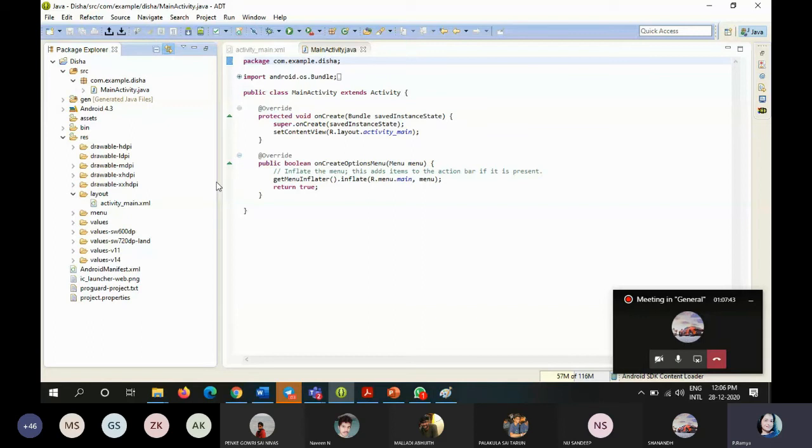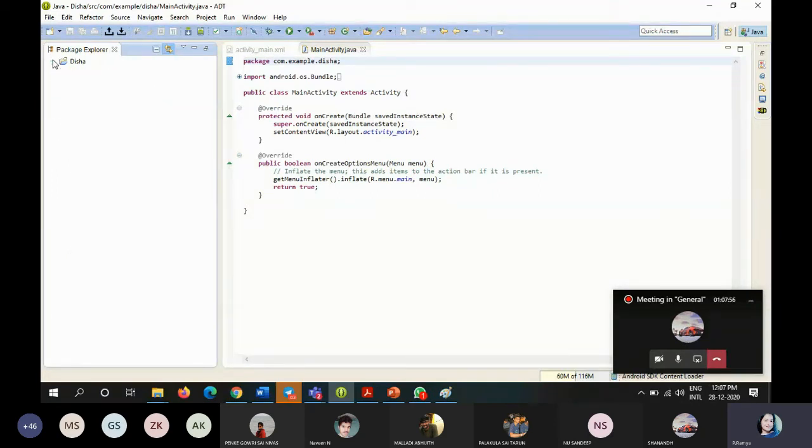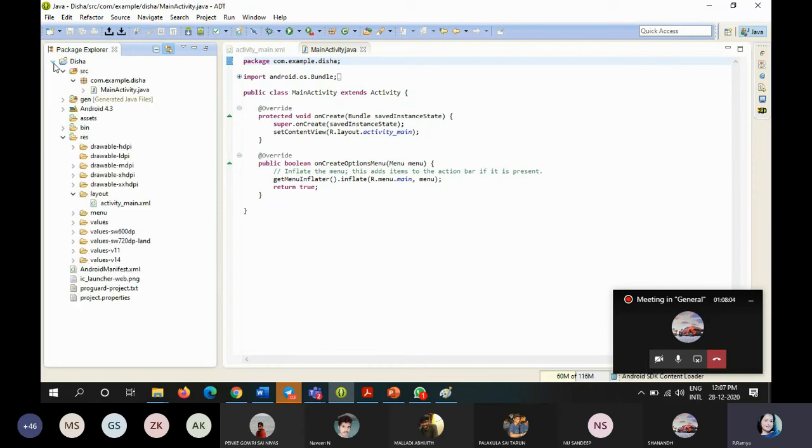So before going to create any application, before going to develop any application within the Eclipse, firstly you have to know what is meant by a Package Explorer. Package Explorer means whatever application you have created earlier will be placed under the Package Explorer only. If you expand that particular application, it shows a number of subfolders.